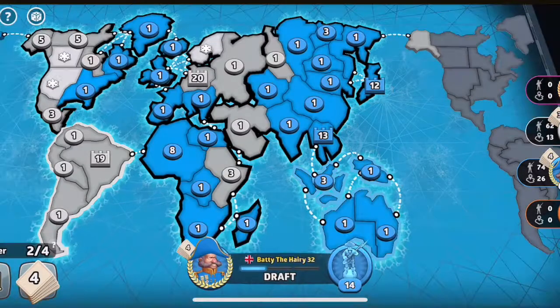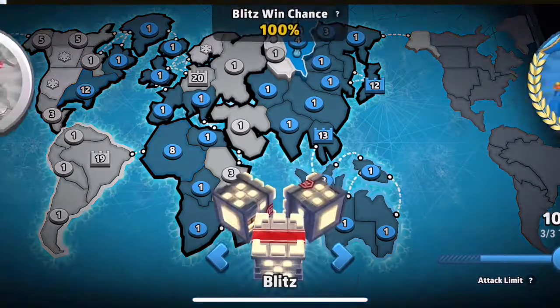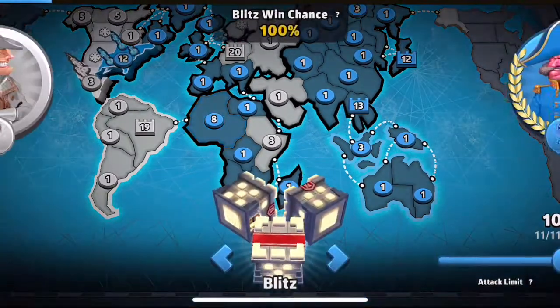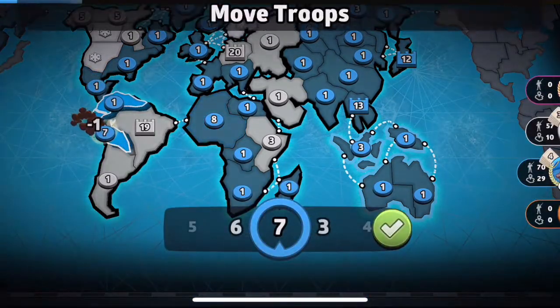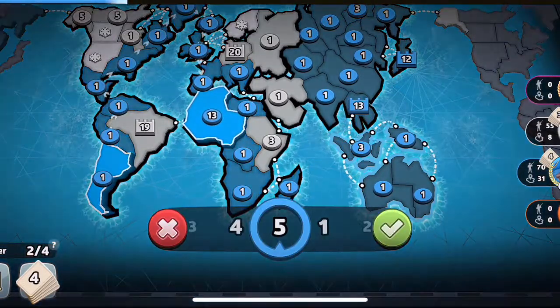So what I'm going to do now, I'm going to invade more of this bloke's territory. Oh, that didn't work. What I'm going to do now is invade more of this bloke's territories and invade him into South America. So I have an overwhelming troop advantage. He's only earning 7 troops at the moment. I'm earning